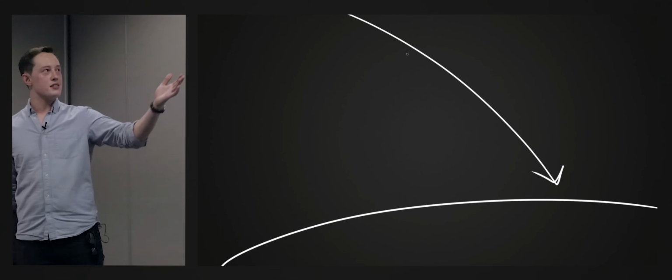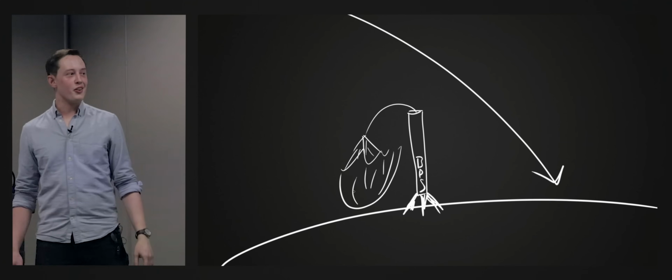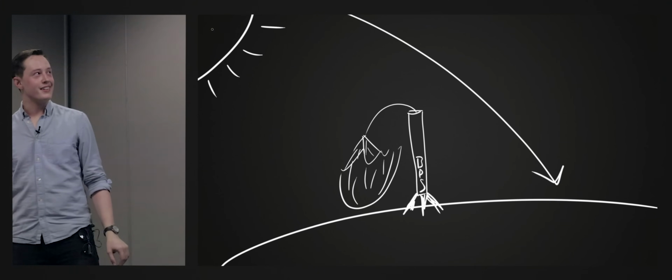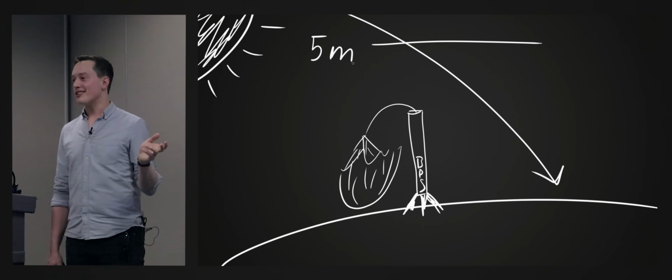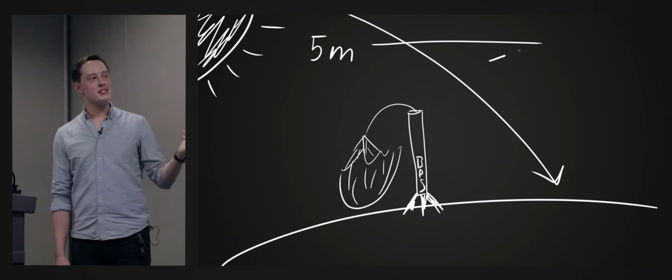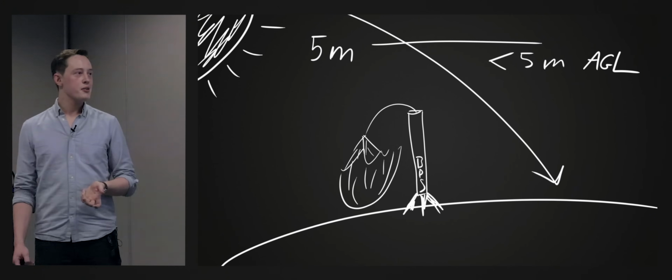All right, and then finally, how do we detect that we have landed on the ground? Here is the ground. This is the path of the rocket. Here's the rocket on the ground. Really went all the way with the drawing, and then I drew the sun. Anyway, this is the same thing I outlined earlier, but just wanted to drive it home. If we're less than 5 meters for maybe 5 seconds or so, or 10 seconds,